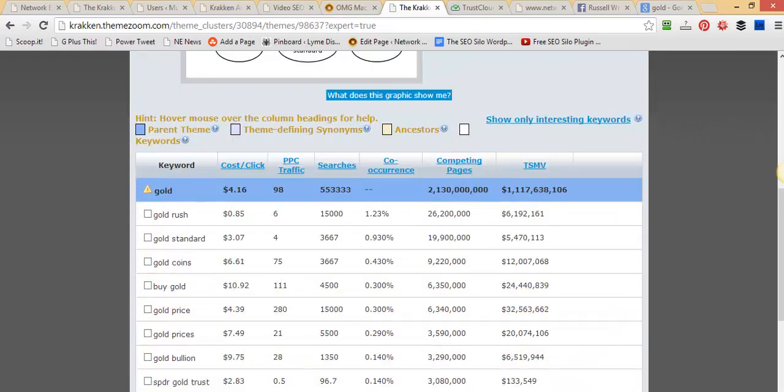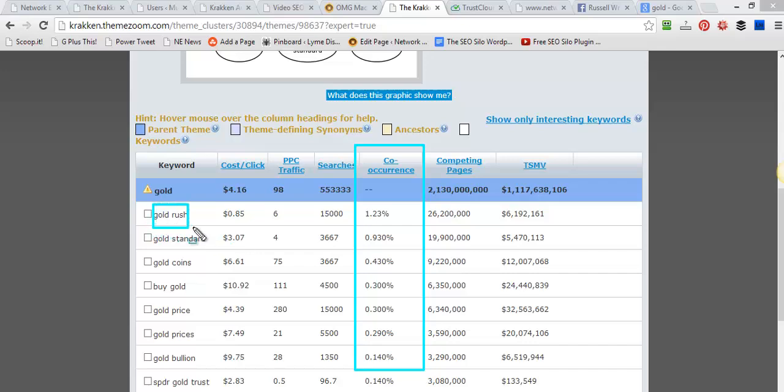And I'm going to give you a little trick that you can't do with any other keyword tools except Krakken. Co-occurrence. I love co-occurrence. It's my baby. I insisted that we put it in here. And what this means is, let's say you're not sure. You only have 5 silos that you want to make, but you've got like 30 keywords here. Let's for example take